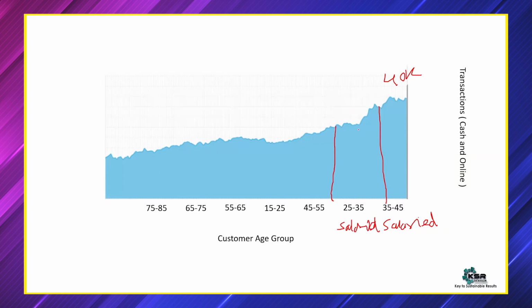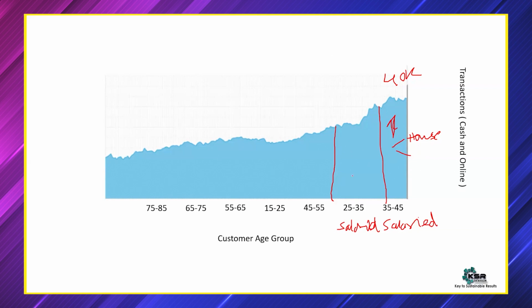his spending is also high, maybe not that high as compared to 35 to 45, because in this age group, a person tries to buy maybe a house, maybe any financial property or any property which is non-asset or non-moving property. But with this age group, a person is more interested in trying new products.